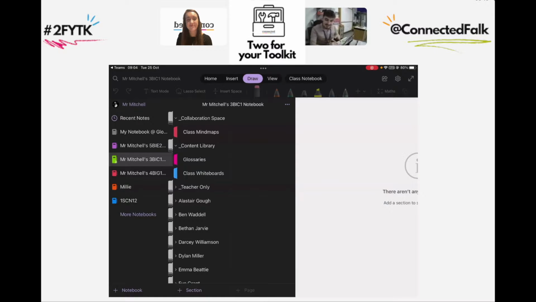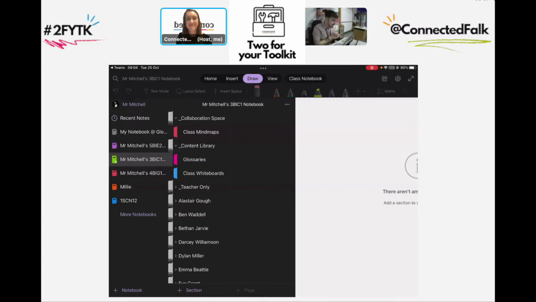What I would say though is I tend to only use this with the classes that I can actually trust. I did try to use this with my second years and it did not go great because they all just kind of draw random stuff all over it. But in terms of my senior classes, my fourth years, my fifth years and even my third year, a really good wee class, I can really trust them to just do it and not kind of mess about with it,